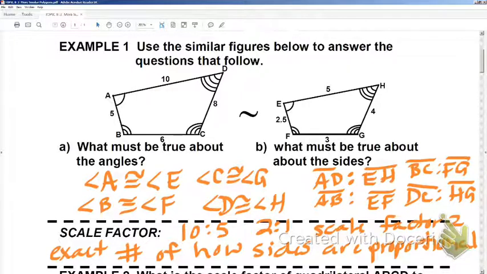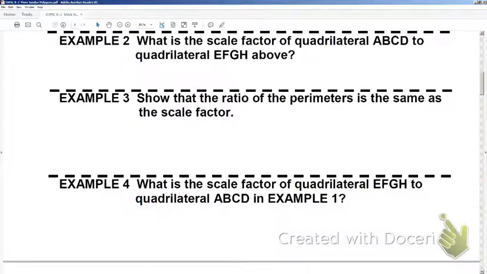Okay. Let's look at our next example. My iPad is being slow, so give me just a minute. Okay,